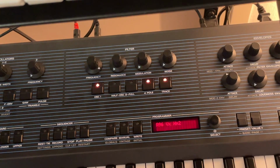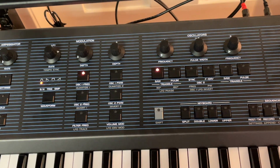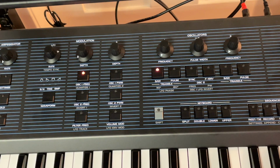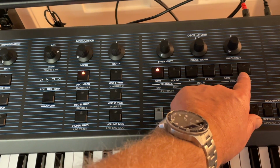Right. So next thing is VCO number 2. We get to that, to the next one. So here we are with the same settings we had before, obviously, because we copied the sound. So what do we want to do? First of all, we switch on pulse